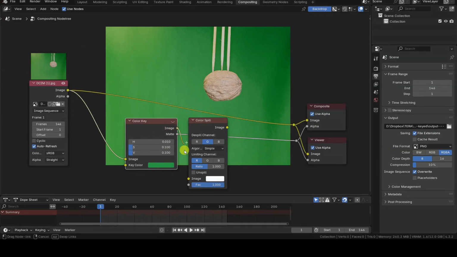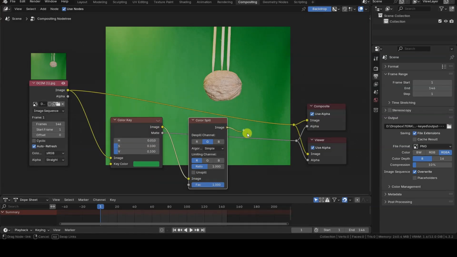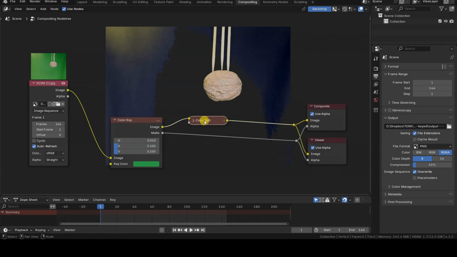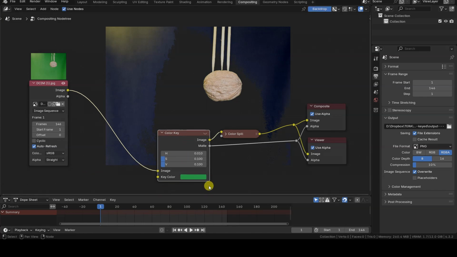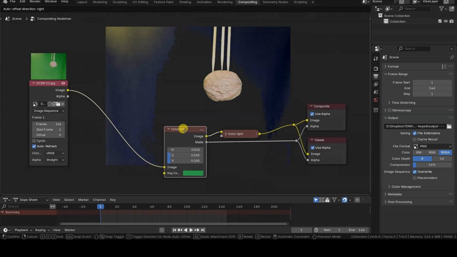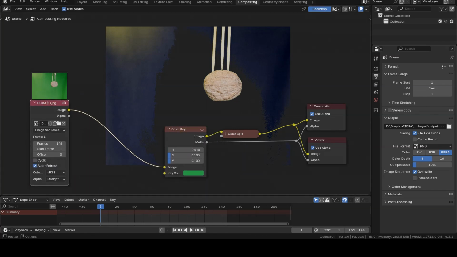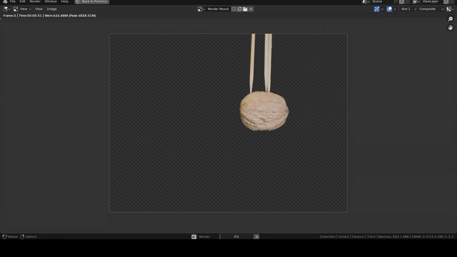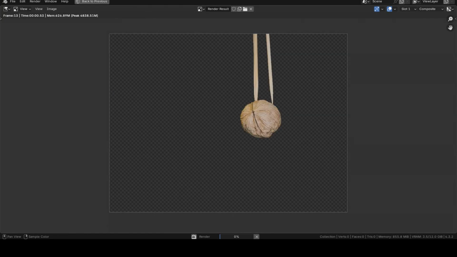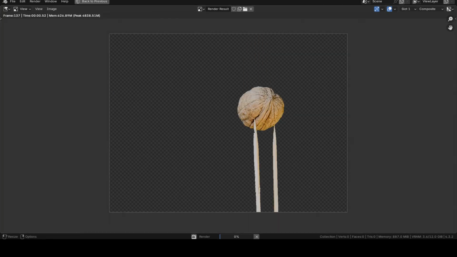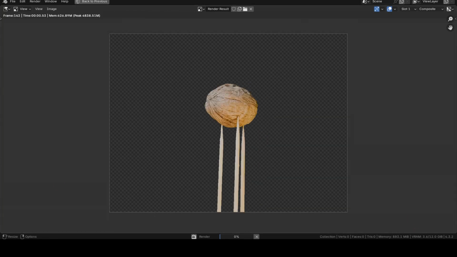Hello, everyone. In this episode of the Basic Turntable Photogrammetry series, we will see how to remove the green background and color spill from photographs in Blender. The images obtained at the end of this process will be PNG files with transparency, which Meshroom will be able to use while focusing, so to speak, only on the object of interest during the feature extraction phase.